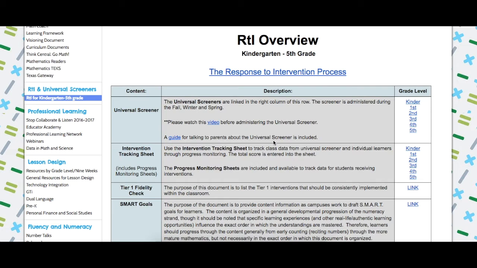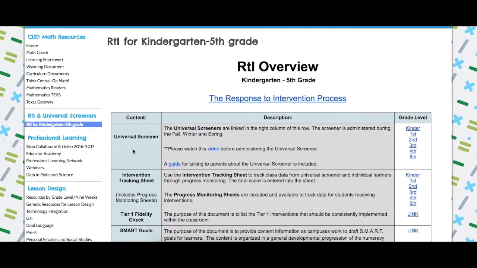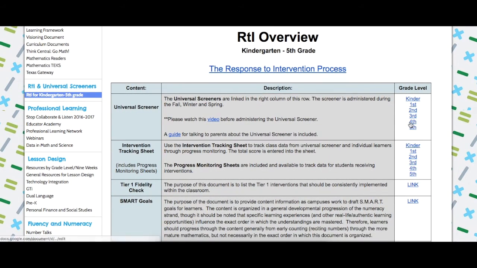So for the beginning of the year, the first thing you'll want to do is just go to this website, click on the RtI link, and then make sure to watch this video before clicking on to be able to get all of the resources you'll need, and then start printing your assessments and you'll be good to go. So if you have any questions, please email either me, Diana, or Mary, and we would be happy to help you